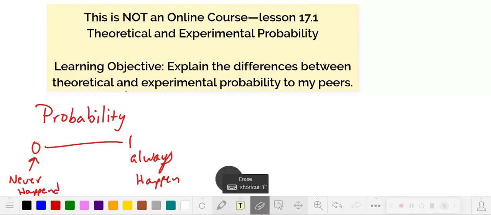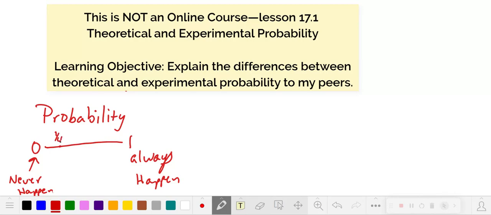Okay, so that means the probability is always a fraction or a decimal. So 1/4 or 0.25, or 1/2 or 0.5, or 3/4, 0.75. And if my probability, this is my symbol, probability of an event, let's say that event is A, and